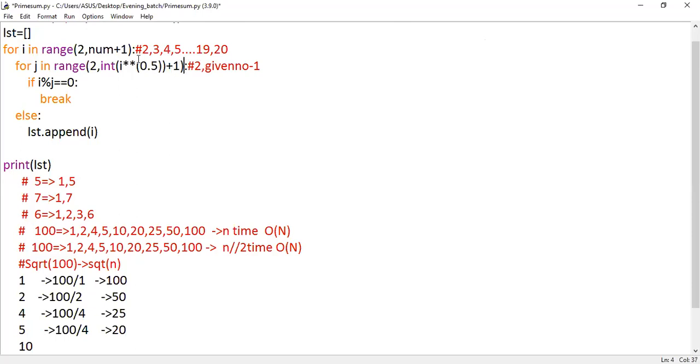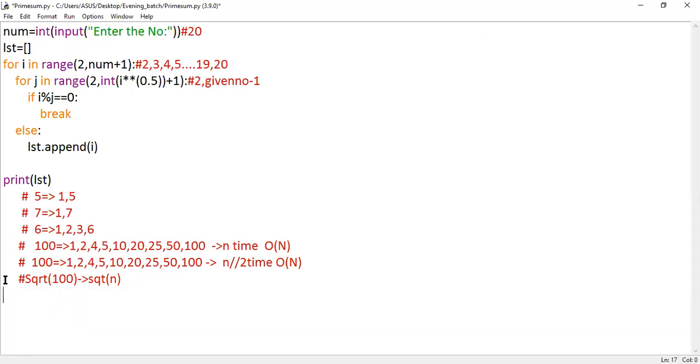So either you can make use of the predefined function, guys. I'm just using a user-defined function. You can use the predefined function also, math.sqrt. So here the square root can be written as the power of 0.5, right? This is what I'm writing here. Nothing new here. I'm doing the square root of the given number, and I told you the reason why it is the square root of the given number. So now this will work fine.